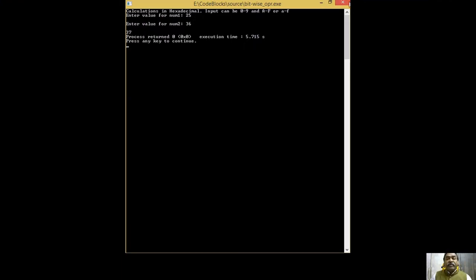Again, this 37 is different from octal 37. Its value is different because the number system is different. It is something like this. Indian rupees are different from American dollars, right? It's that way. Okay, so this is what we have learned here.